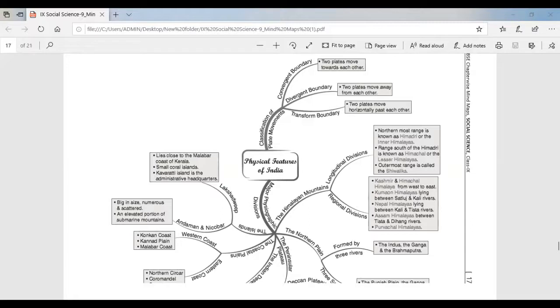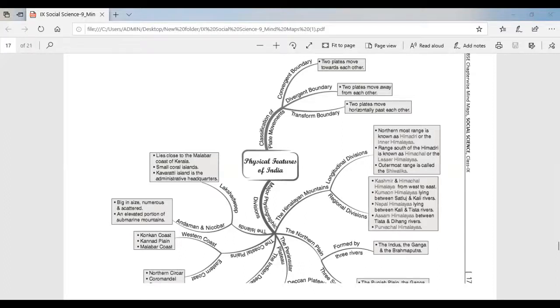They provide the base for early civilizations. The plateau is a storehouse of minerals which has played a crucial role in the industrialization of India. And finally, the coastal region and island groups provide sites for fishing and port activities.